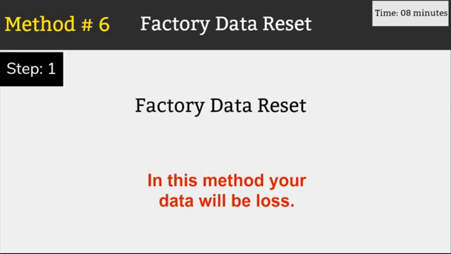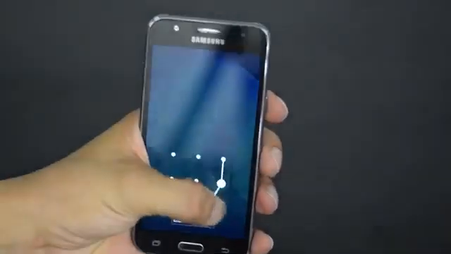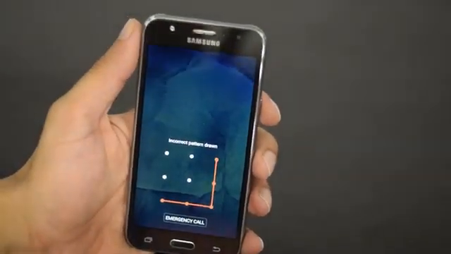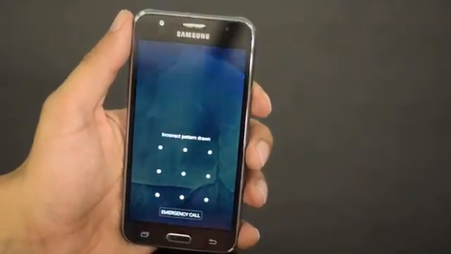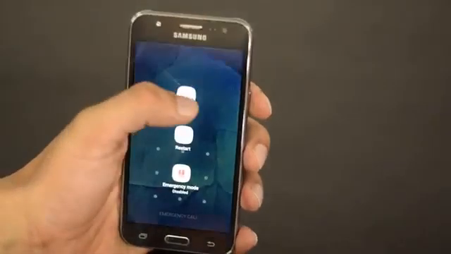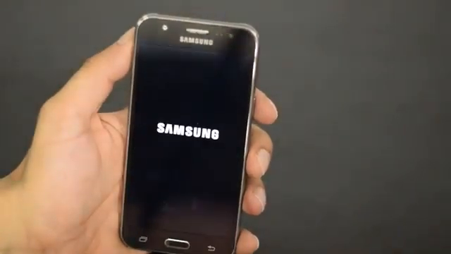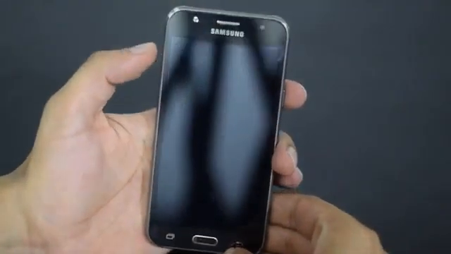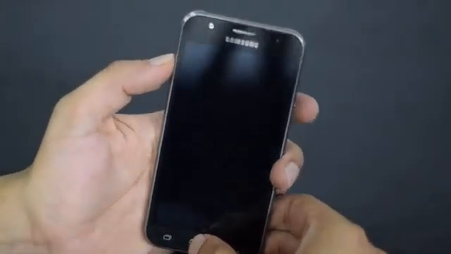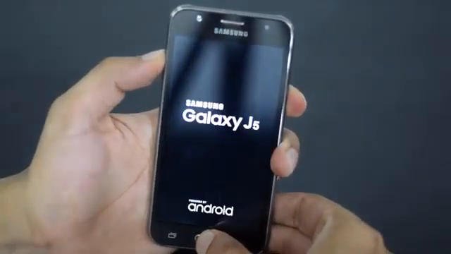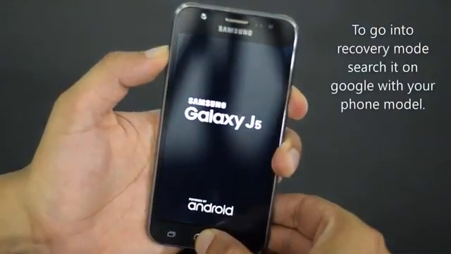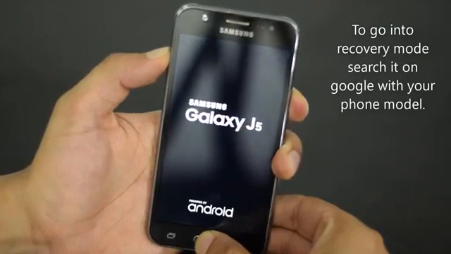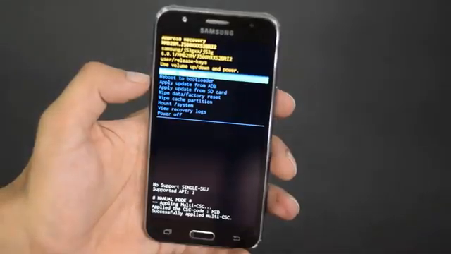This method is usually not preferred, but you can try it if the data is not important. You will lose all your data if you try this method. Power off your device and then hold your volume down and power buttons together for a few seconds to boot into the recovery mode. Now hold down all three buttons together until you reach the recovery mode.